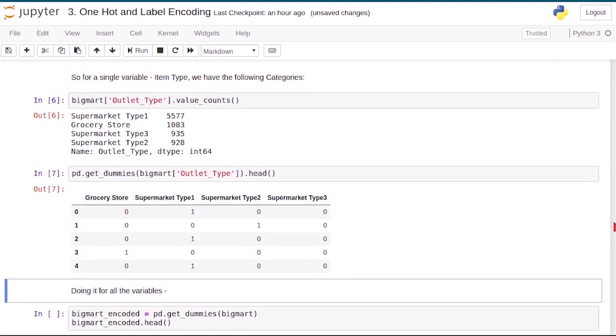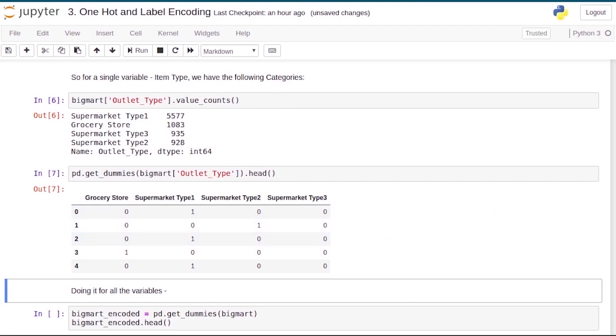And as you can see in this output, we have replaced one column with 4 columns, which have binary values. Since the first row had the category supermarket type 1, we have 1 in that column, and all the other columns have 0. Similarly, for the second row, we have 1 under the column supermarket type 2 and 0 on the rest, and so on.